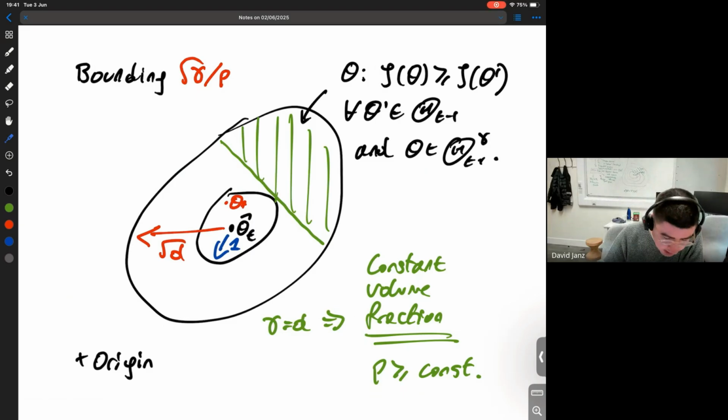Well, in short, if this is the origin here, and we have our confidence set here, we know that theta star is somewhere in that confidence set. If we inflate our confidence set to be the set that we sample from, we can see that for any parameter in here, in the green area, its value is going to be higher than the value of any parameter inside of the inner ellipsoid. And we know theta star is in the inner ellipsoid. So if you do sample a parameter here, you are guaranteed to be optimistic.